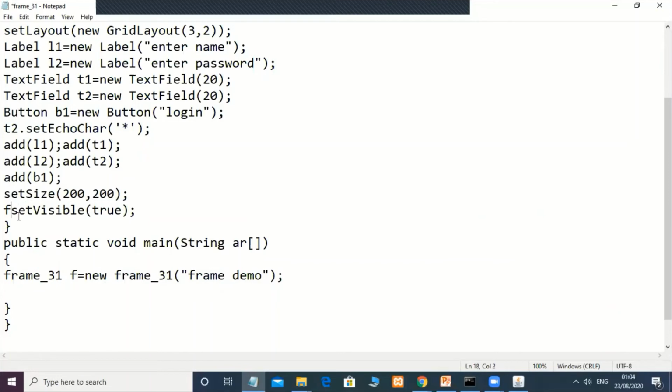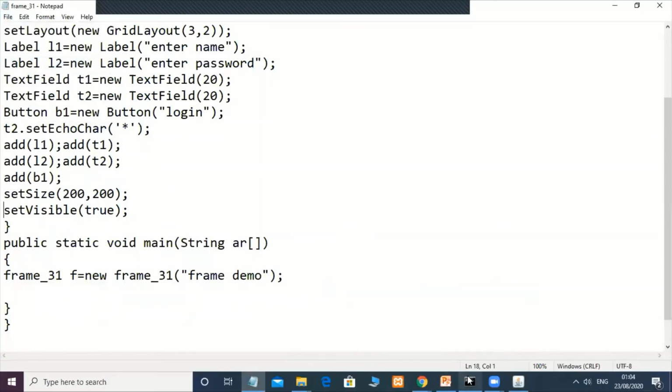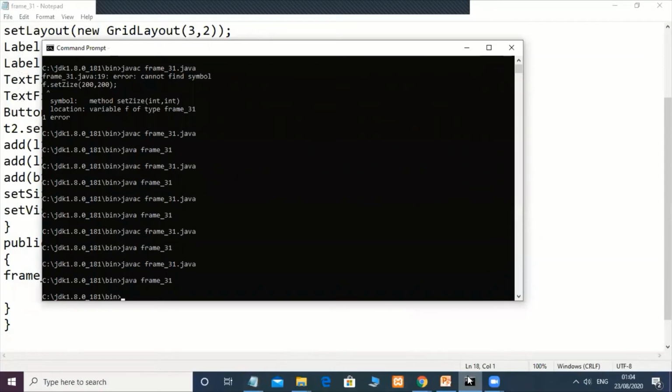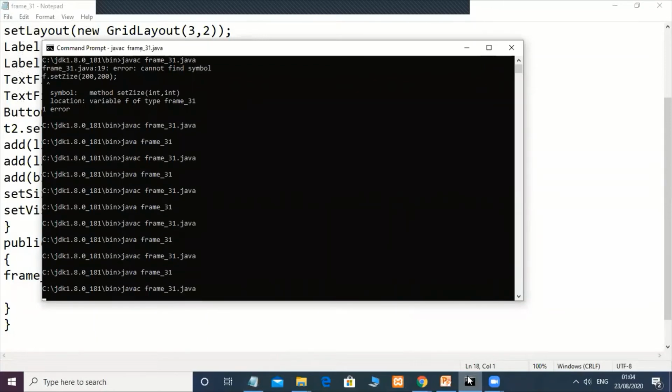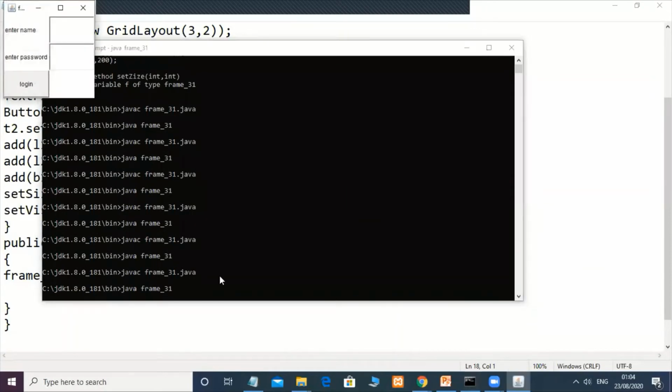Remove this object here. You can use it anywhere, but you should know how to call it. See, the same output I got here.